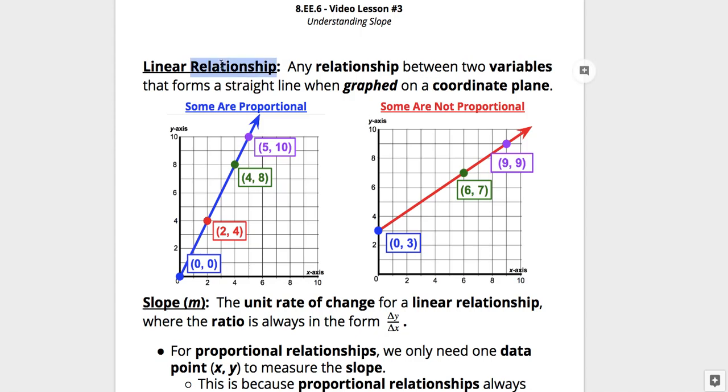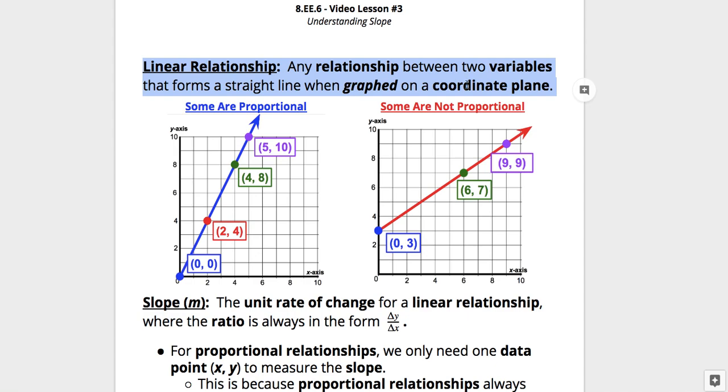This video will continue to focus on linear relationships. Our focus is going to be this concept of slope, how we can understand what slope measures and how we can find slope for linear relationships. Remember that a linear relationship is any relationship between two variables that will form a straight line when graphed on